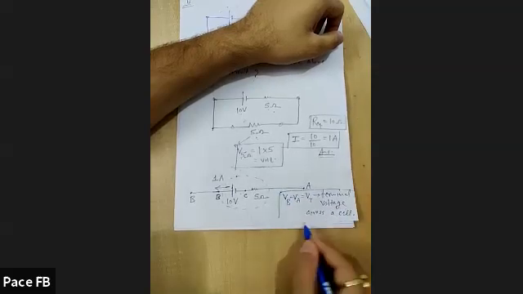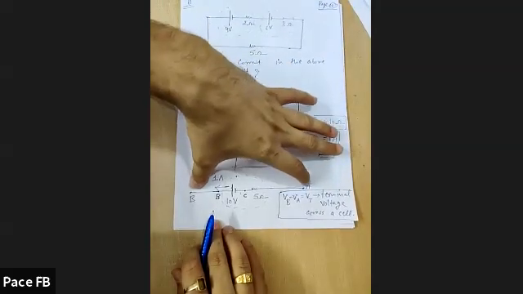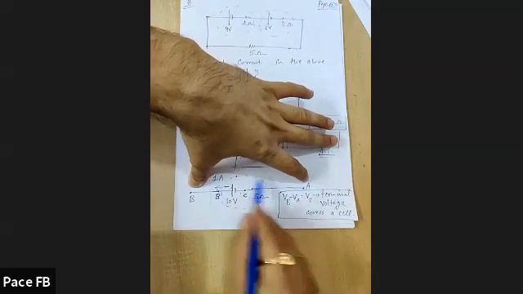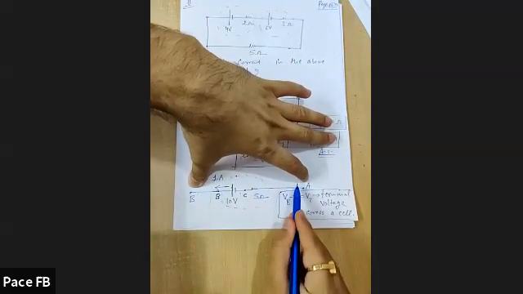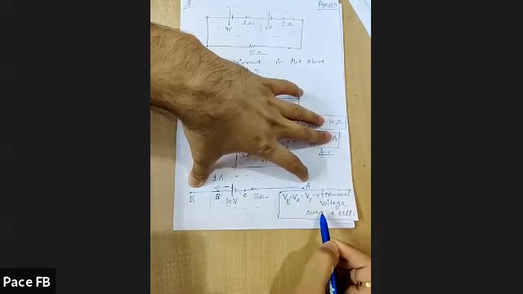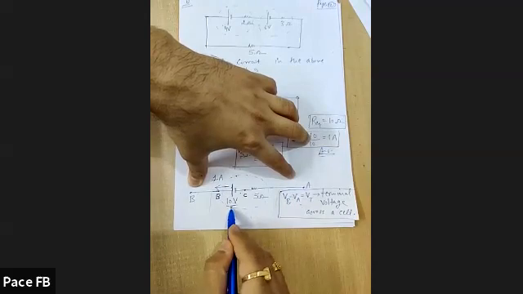Okay. This VB minus VA would be the terminal voltage. These are the terminals, because this whole thing would be in a box. So terminals would be VB and VA. So VB minus VA is the terminal voltage across a cell, whereas this EMF gives me potential difference between 2